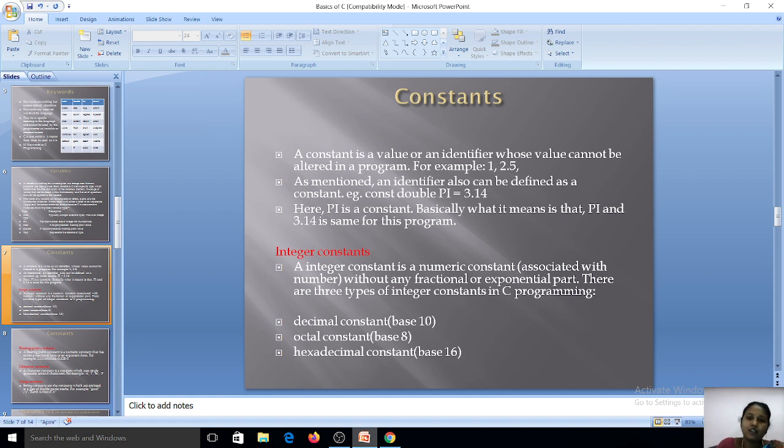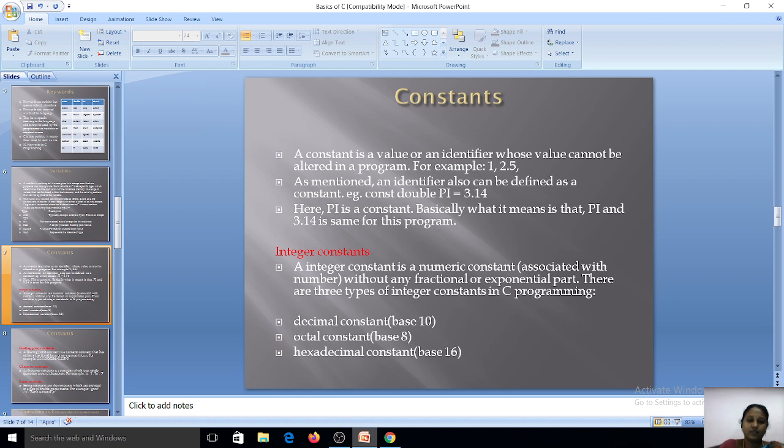For example, here we have to use the keyword const. The keyword name is const, and we are declaring the variable as PI, and it should be in uppercase letters. Here we are declaring it as 3.14. Here this is a constant value. During the execution of a program, the PI value will not be changed. I hope you all understand. Before that, we should use the keyword const, and we have to declare the variable in uppercase letters.